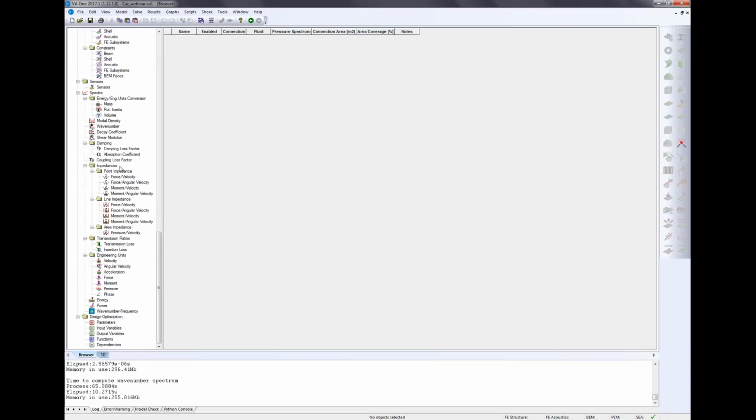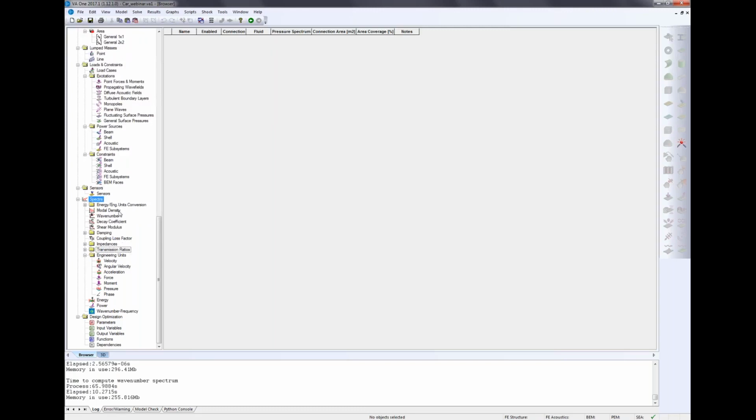Wave number frequencies. So here is the spectra section. I will fold some of this information. I'm interested here in the wave number frequency spectrum.